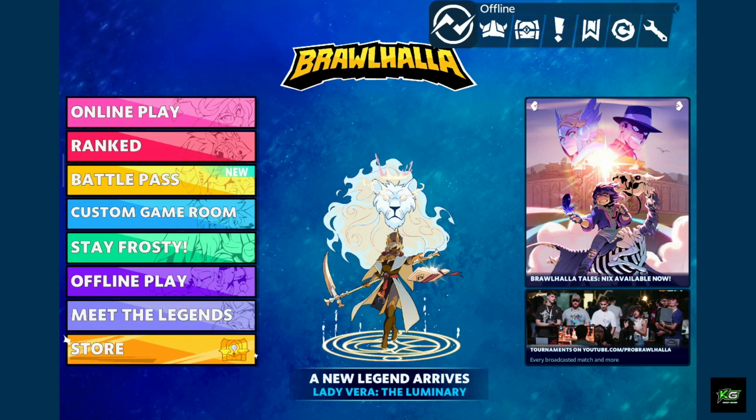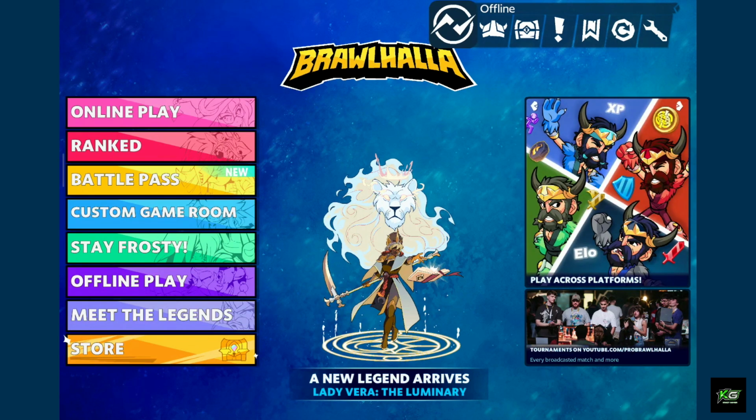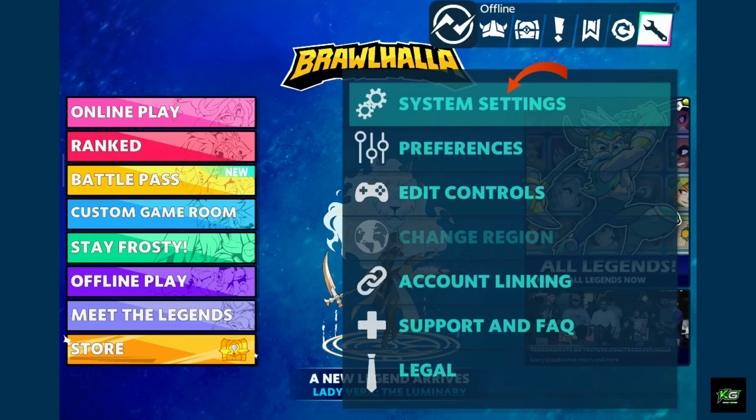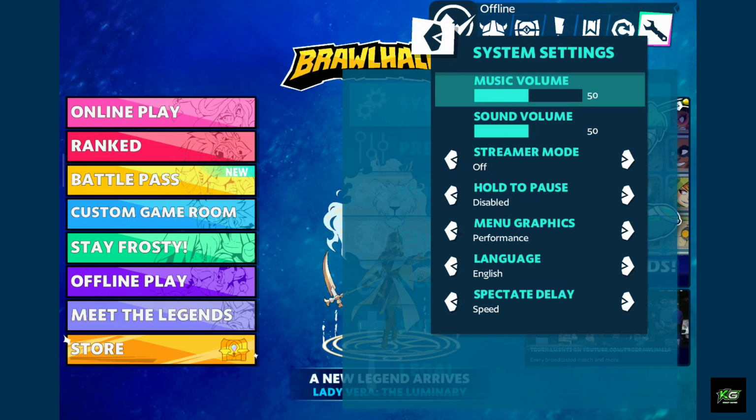Open the Brawlhalla application on your device and make sure you are in the main menu. From the main menu, go to the top right corner and tap on the gear button or the options button. Soon after you do that, select system settings and then you will see the music volume and the sound volume